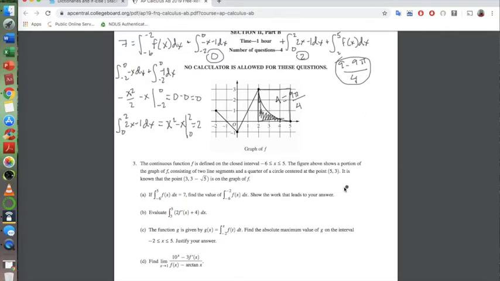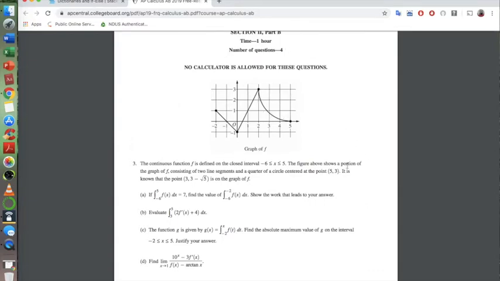This sign is going to change, so we get 9 pi over 4 minus 4 as our value there. Pretty simple. Clean this up. Right, in part B, they ask us to evaluate the integral from 3 to 5 of 2f prime of x plus 4 dx. Well, the antiderivative of any derivative is equal to the function itself, so we don't have to worry about doing anything there,